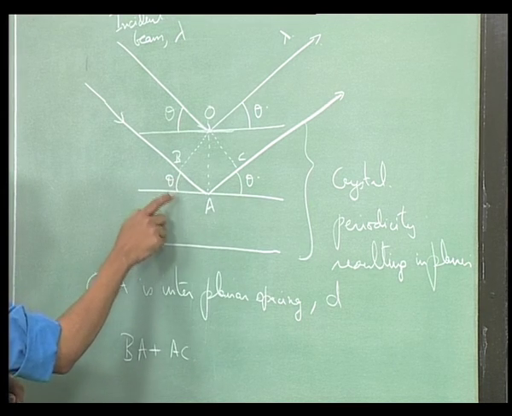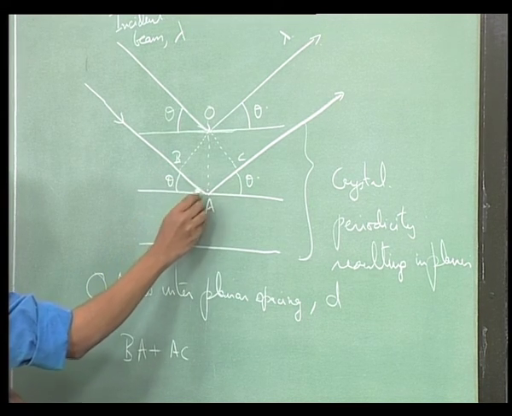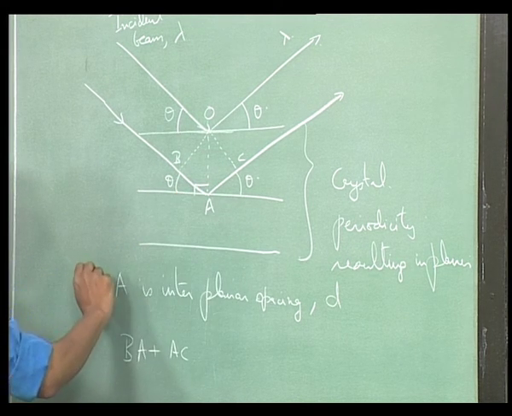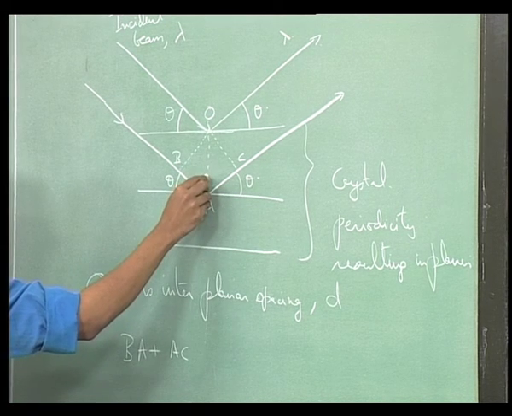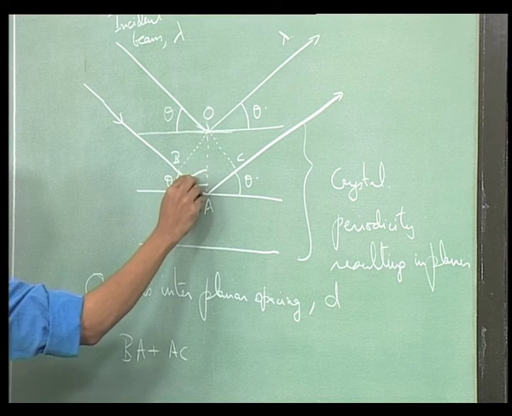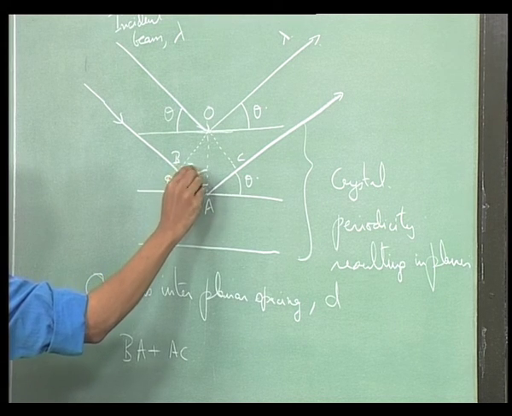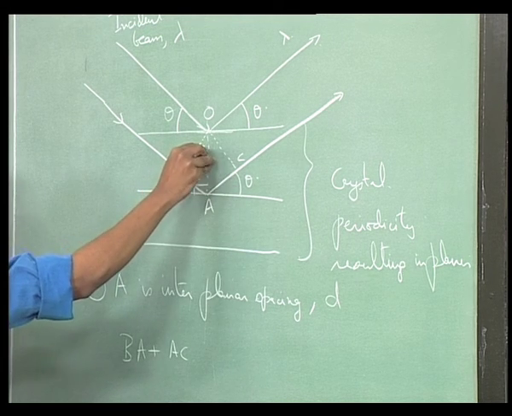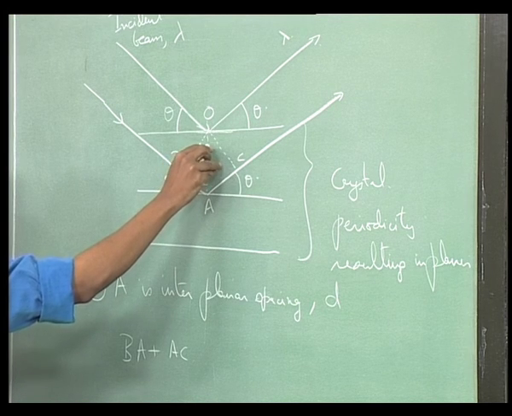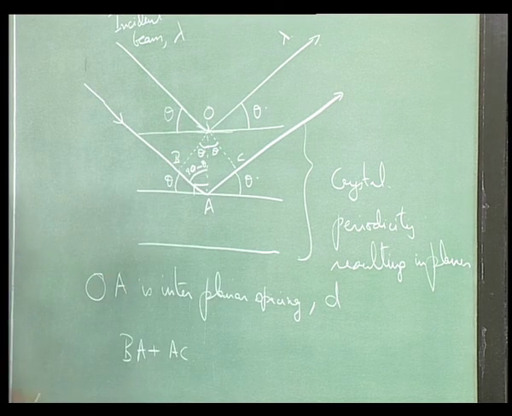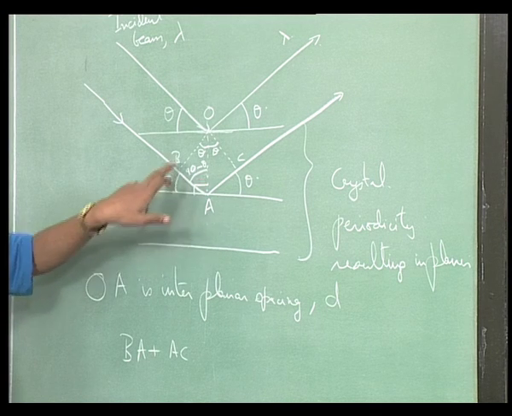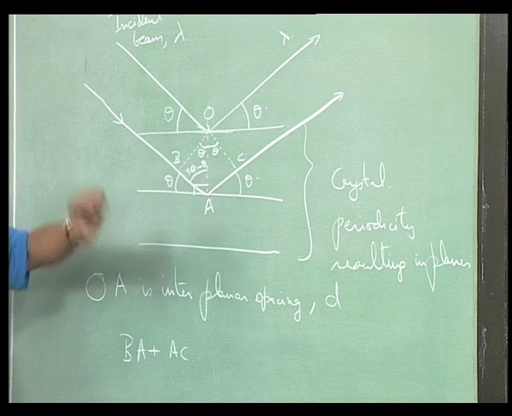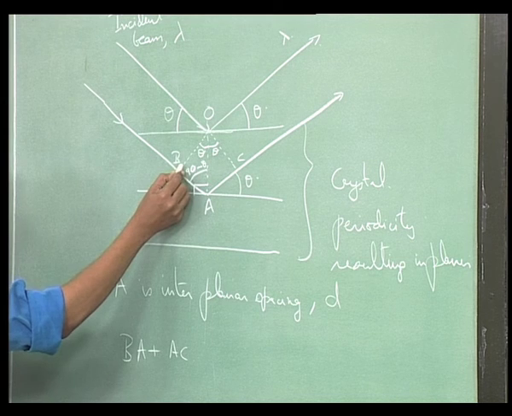Since this is theta and this is 90 degrees, this line has to be perpendicular to them, only then this is the spacing. So this is 90 degrees, and this is 90 minus theta. So this is theta, therefore this alone is 90 minus theta, therefore this is theta. Similarly, this is also theta. In this triangle, this angle and this whole angle is 90 degrees, therefore the remaining angle here is 90 minus theta, and again this is 90 degrees,